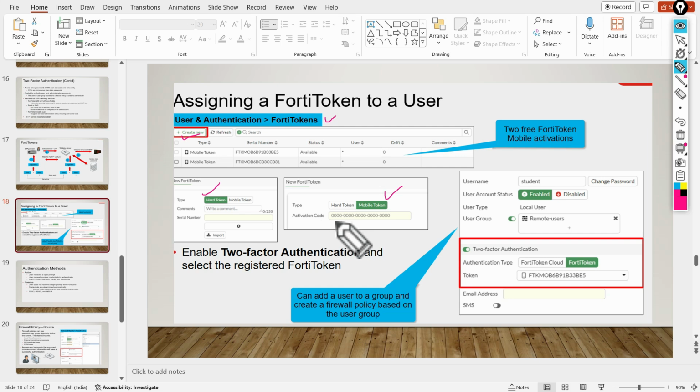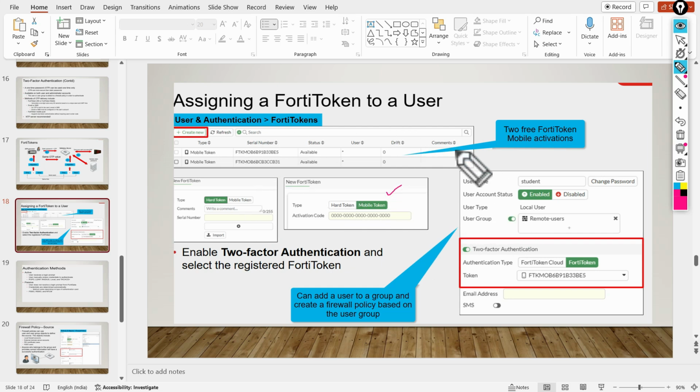And we have to get this activation code from Fortinet. Also, once we assign the soft token to one FortiGate firewall, it cannot be assigned to any new secondary firewall. Any new firewall means that one activation code is valid for one FortiGate firewall. So we have two ways: the first one is the hard token and the second is the mobile token.